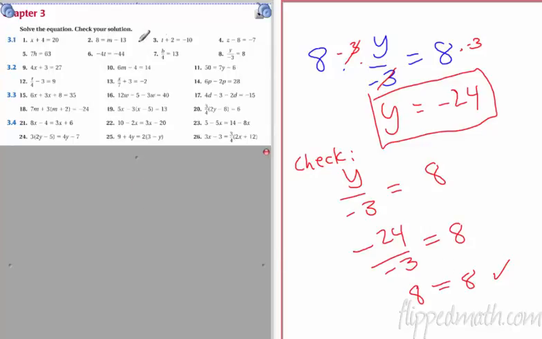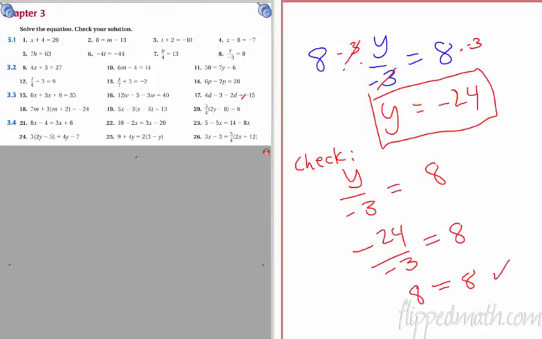If you look at section 3.1, all of these, you just use the opposite operation. I mean, it's pretty simple. When it's addition, you subtract. When it's subtraction, you add. When it's division, you multiply. And when you multiply, you divide. So those are pretty simple. Let's go on to